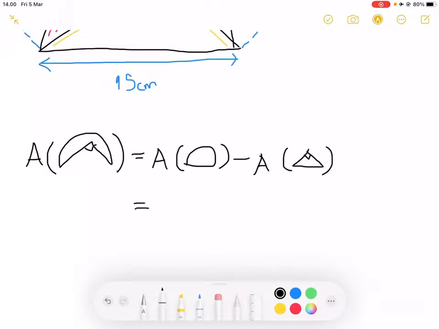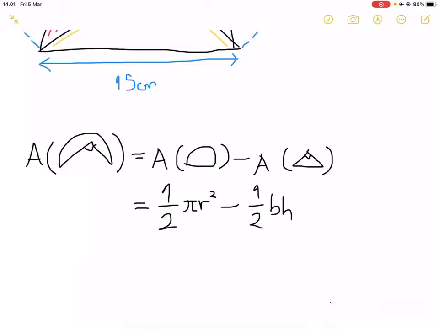So the area of the semicircle is just a half times pi times the radius of the semicircle, and the area of the right angle triangle will be a half times base times height. I'm just going to write the formulas first,